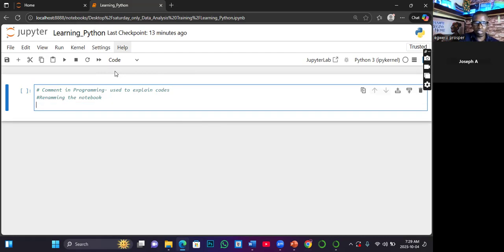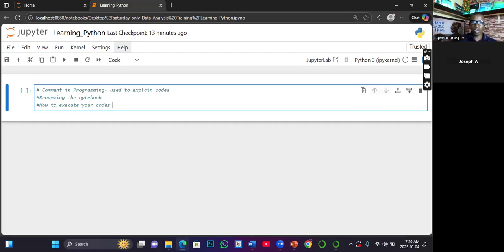Then the next one is how to execute your code. How do you run your code to see the outcome of what you have programmed? So the next one is how to execute your code.